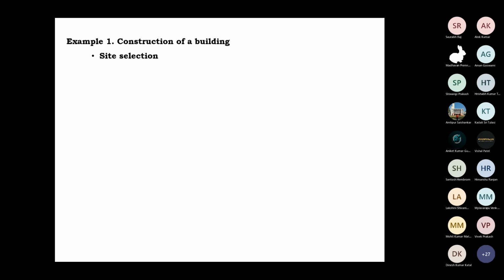Where will you do it? First you should know, suppose you want to make a home. First you decide, I will make the home here, and you fix that spot. Now you have fixed it. Then what should be the next step? The next step should be the knowledge of topography.